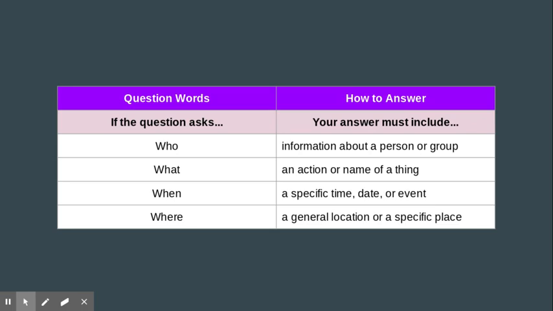If the question asks who, if the question asks what, if the question asks when, if the question asks where,